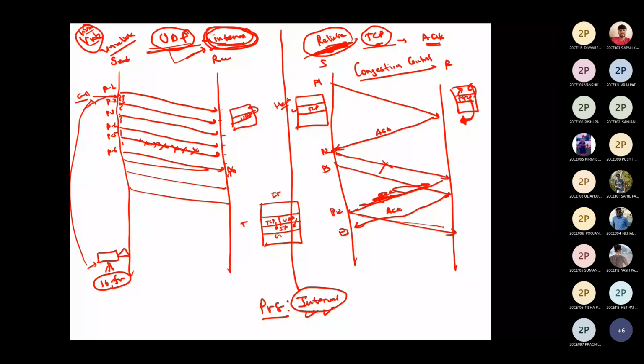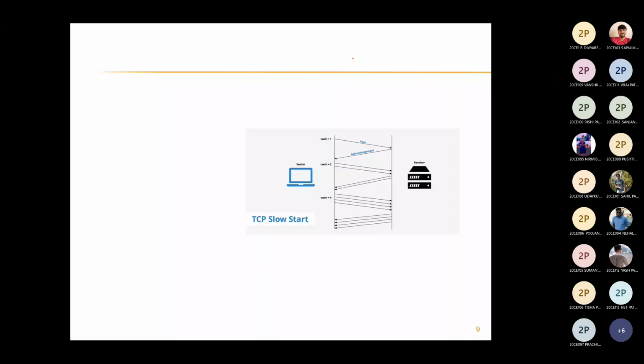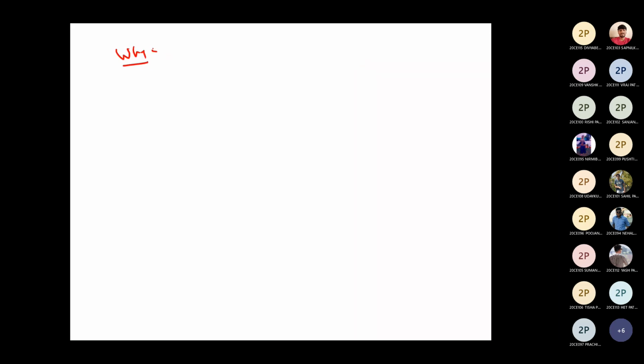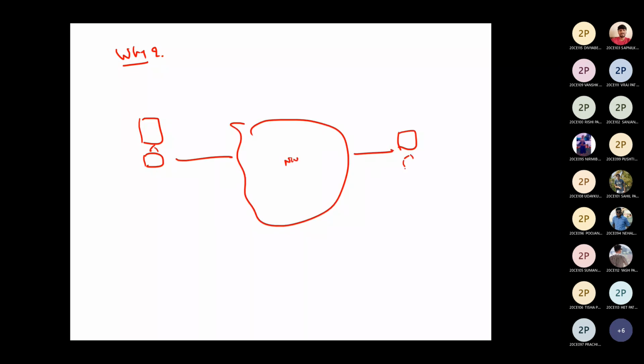Okay, so now we are moving towards congestion control. Why is congestion control required? First, we are going to understand why. So this is a sender device, this is a network, and this is a receiver device. If the sender has 1 GB of data, will it send all the 1 GB of data back to back, with only an interframe space, might be 1 microsecond? It sends to the network, which will forward it to the receiver.